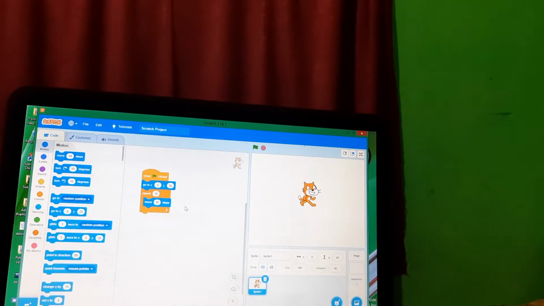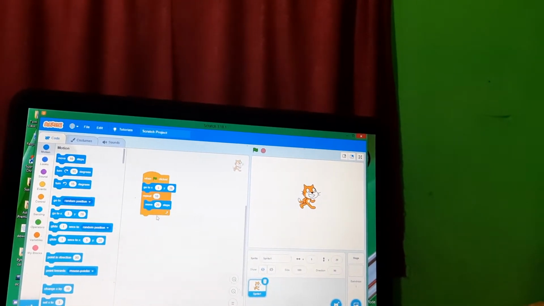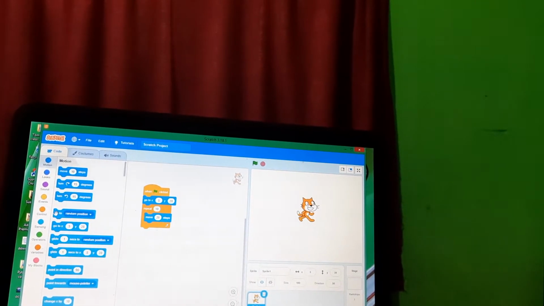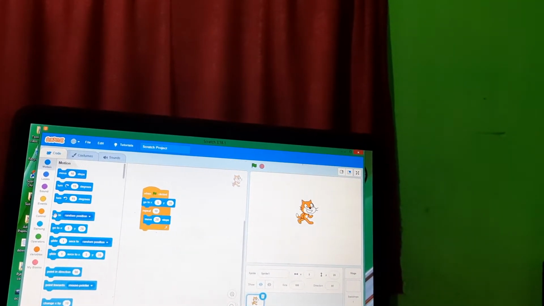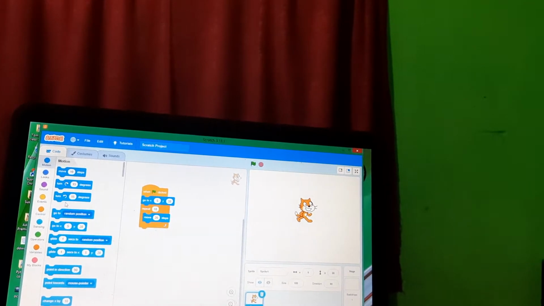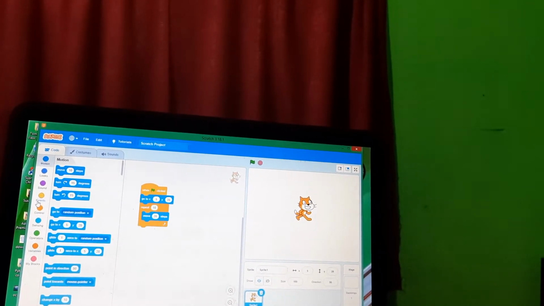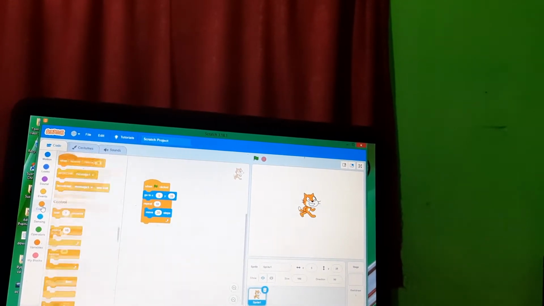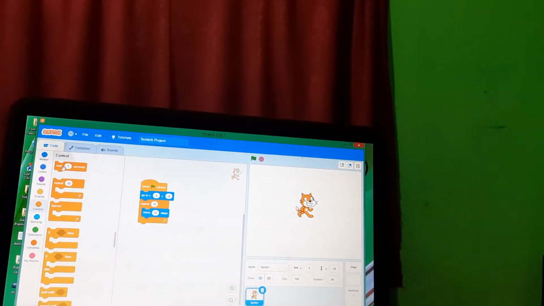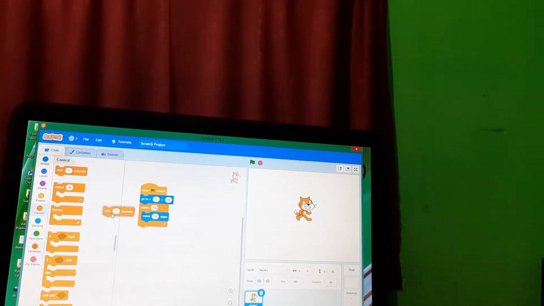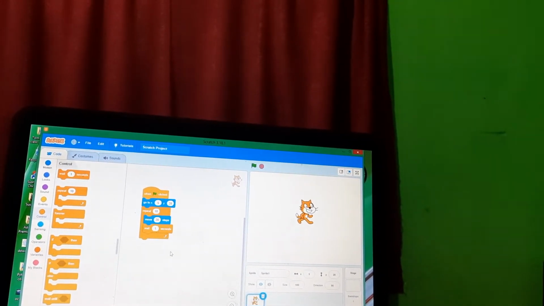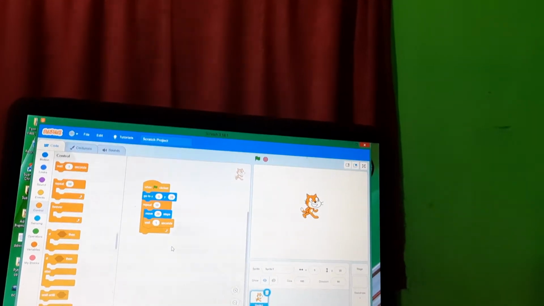I was also saying that whenever it is moving 20 steps, I want it to wait so that you can understand how it is moving. Otherwise it moves so fast that you will not be able to understand whether it is moving 10 times or not. So again we need to use the control block. We are controlling this, meaning after a certain time you will get to see that it will work. You can make it 2 seconds, 3 seconds, according to your choice.